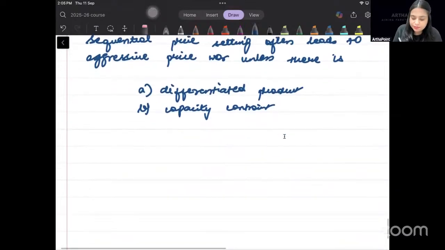So example, so let's write down example,